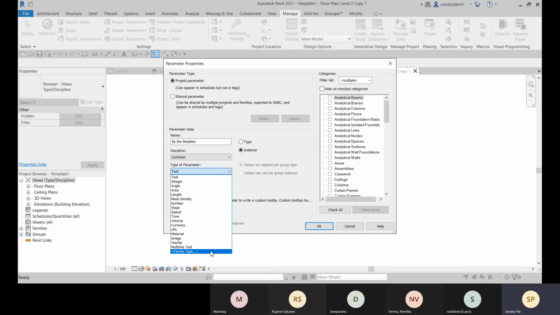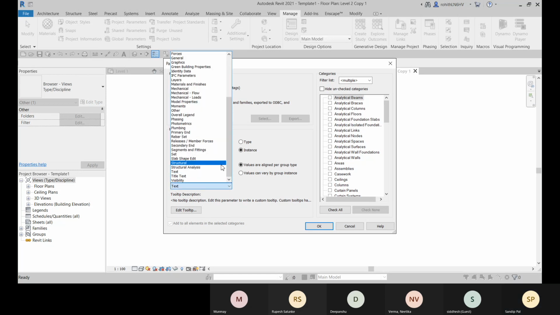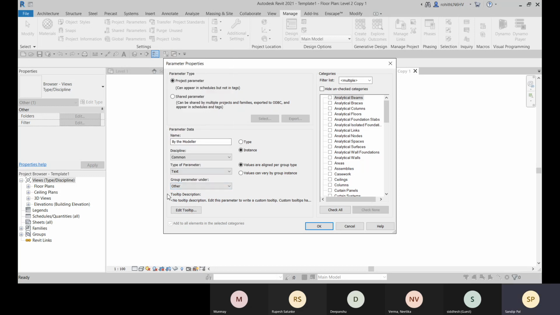Like you can also go for this multi-line text. Now group parameter, under which group it will be assigned. So you can define it. Okay. So like this can be grouped under data. Or you can go for this text option also. Okay, you can go for other also.